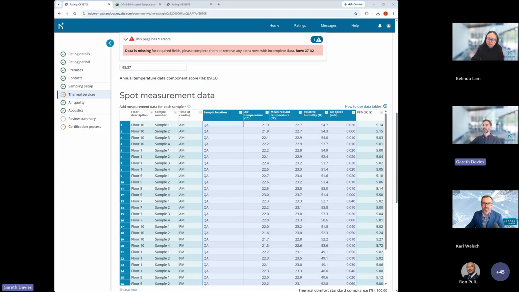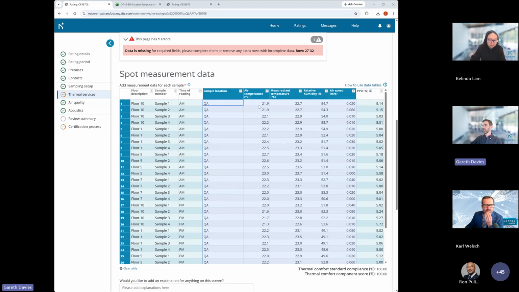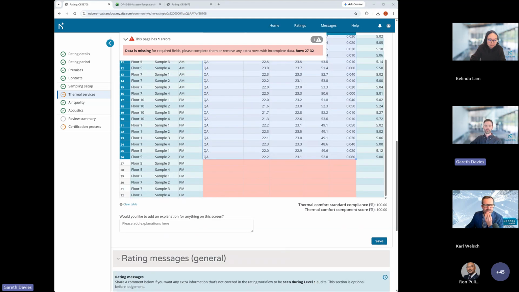So what you'll see is as I've pasted that in, it takes a little while to paste that data in, but once it is pasted in, you can see how the PPD values on the far right update as you've done that. And now this data is in, and what I just need to do, I can check it, or I can come down. Got a few values missing there, so I'm just going to add in a couple more. You can see how Perform has flagged that those values are missing.